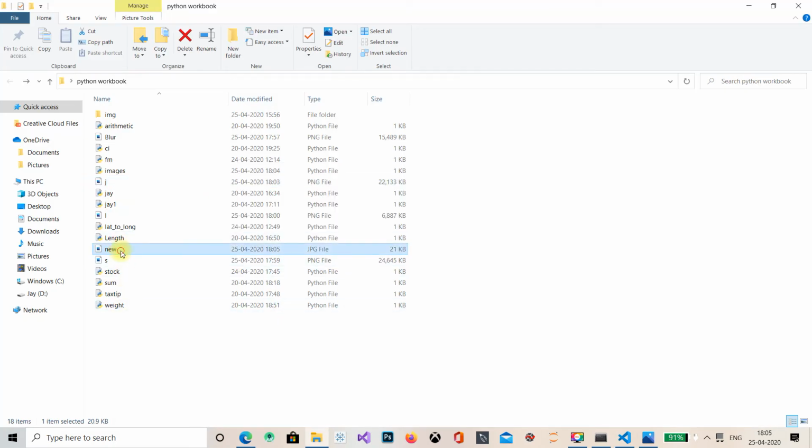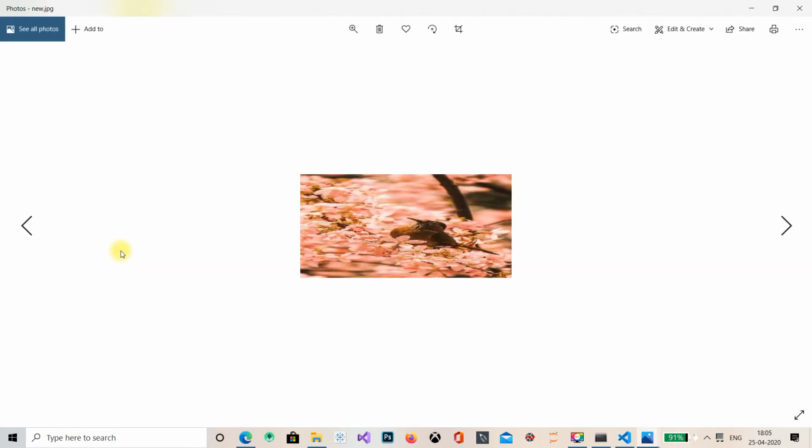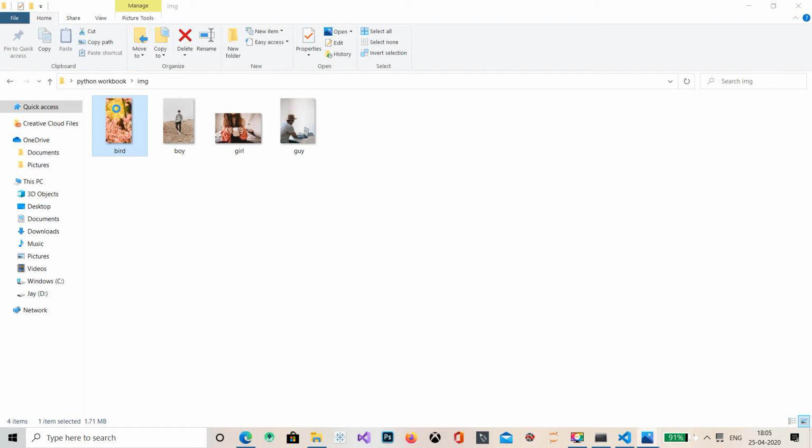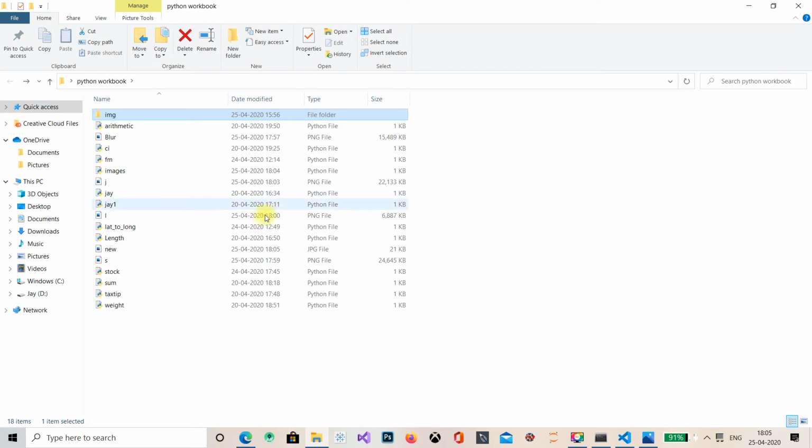Yeah, it came. See, guys, this is how it created a new image with this shape and size. It has actually changed and it has destroyed the whole photo. If I want to create a thumbnail of this image, how will I create a thumbnail? You might be knowing that each and every image you edit, when you change the size of an image, it will destroy your image. It won't look good at all.